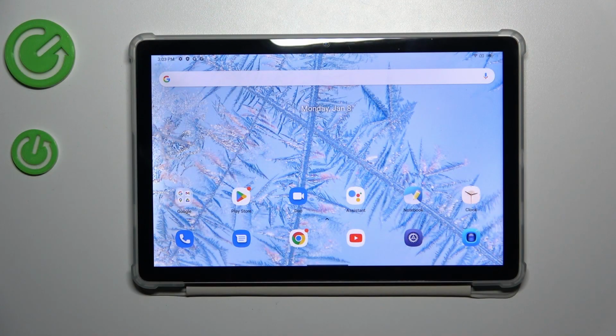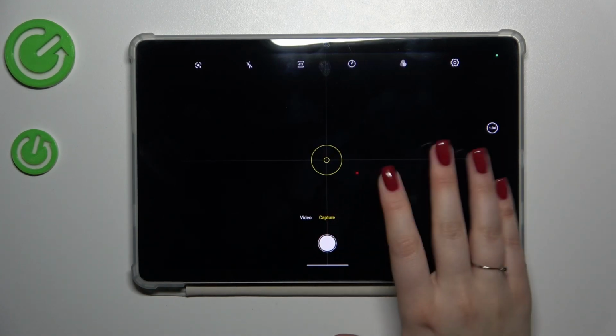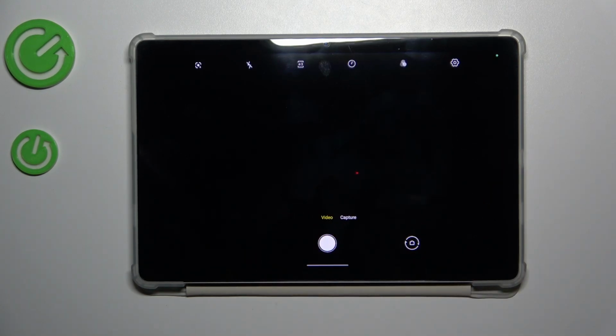So let's start with opening the camera app. Let's tap on it. And there, right now we are in the standard photo mode, so let's switch to the video one. Let's tap on it. If you can see this red color inside the shutter button, it means that for sure you're on the video